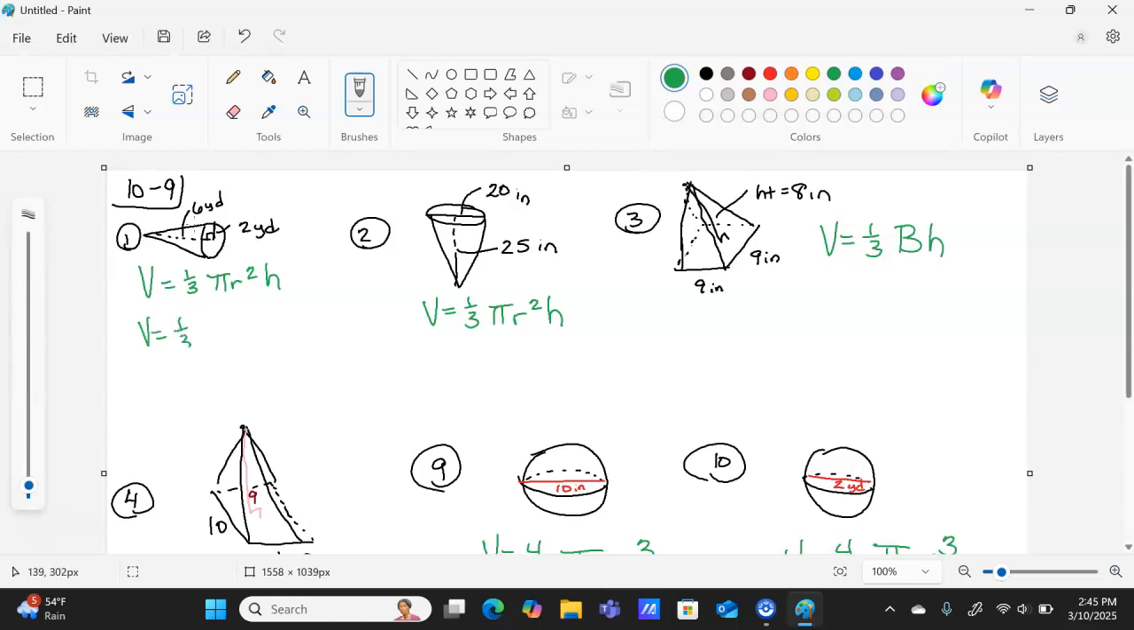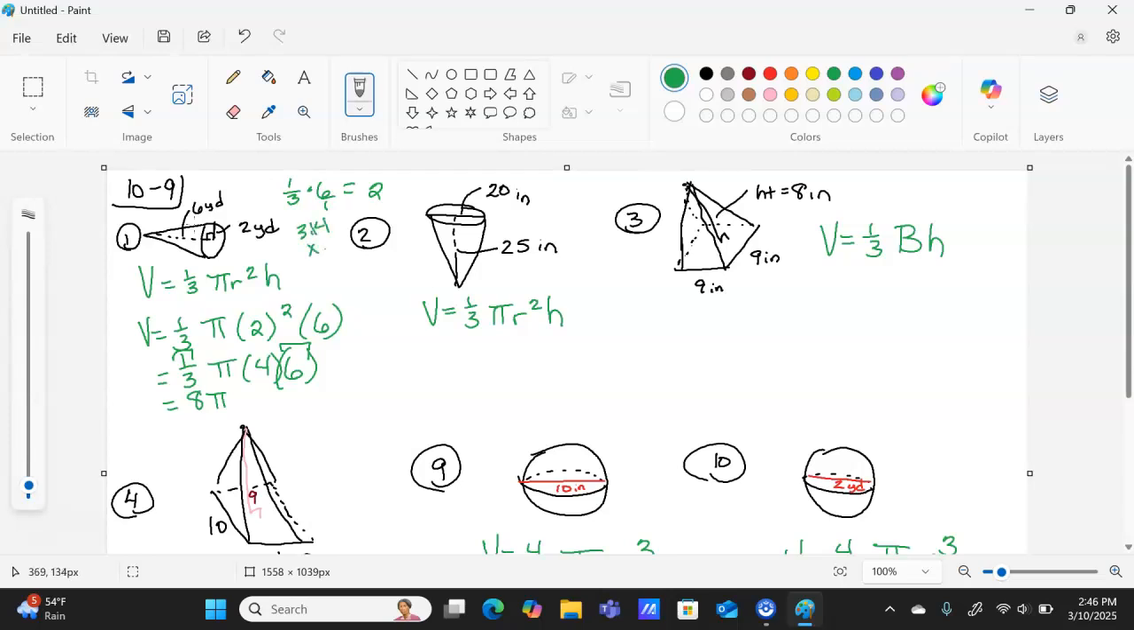So we have 1/3 pi, r is 2 in this one, so 2 squared, and then the height is 6. So 1/3 pi, r is 4, and then times 6. So 1/3 times 6, because 6 is evenly divisible by 3, is 2. So that takes care of the 1/3 and the 6, and 2 times 4 would be 8. So we get 8 pi, and then